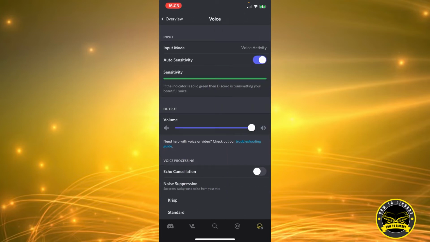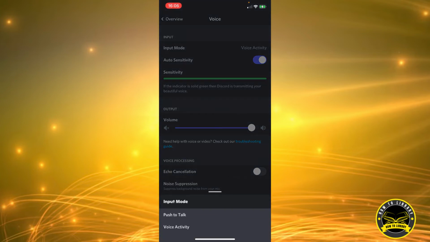So at the top of the screen, you can see we have input mode. So we're going to click on that and this will pop up. When you speak on Discord, you can either set it so you can just talk and you don't have to do anything else, or if you want a bit more privacy, you can put it on push to talk. So you're going to push a button, and when you're done talking, you stop holding the button, and that's about it. So we're going to set it to that,